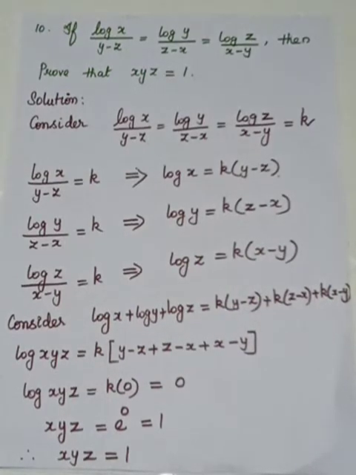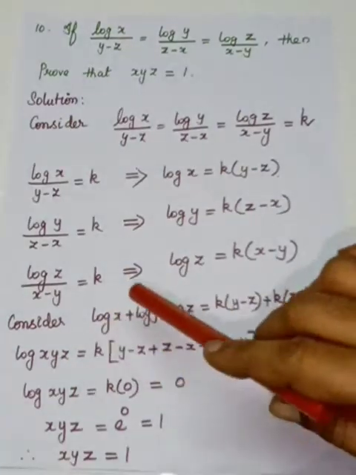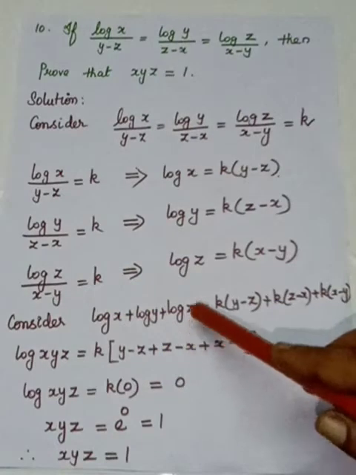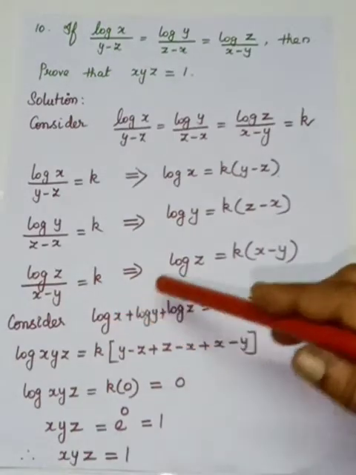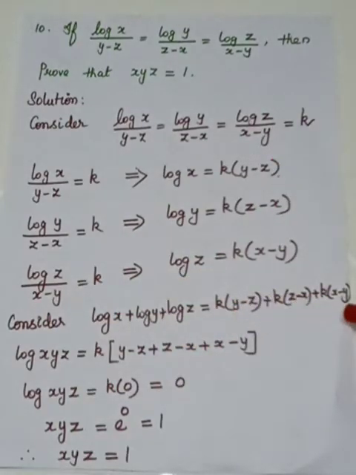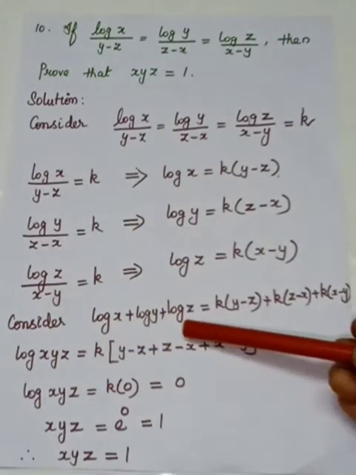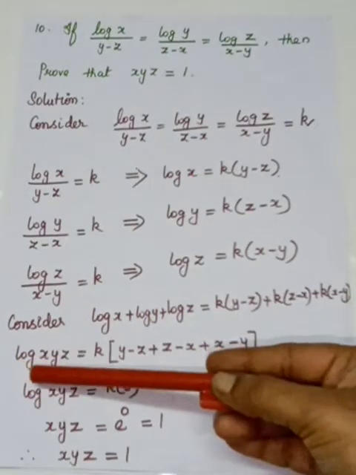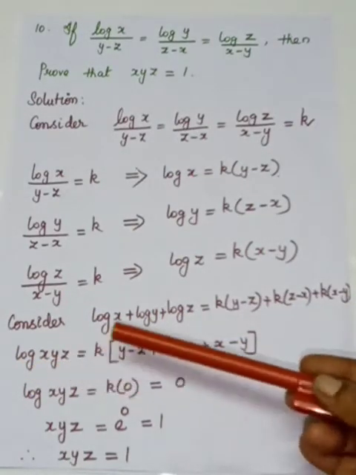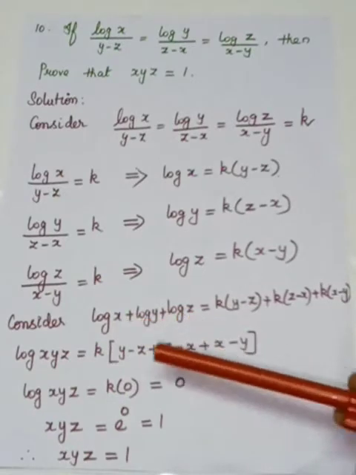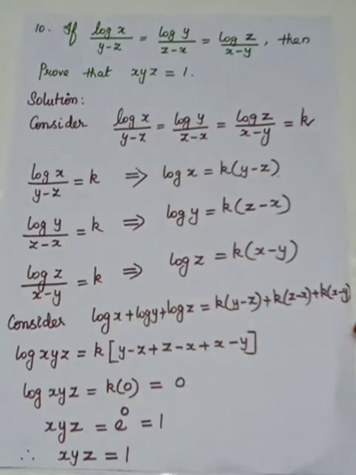If you are going to consider log x plus log y plus log z, this one you have to take. So, we are going to add the three terms. In logarithms, log a plus log b is log ab. You are having the product rule. Log ab can be written as log a plus log b, so they are in addition. So, it can be written as log of xyz.